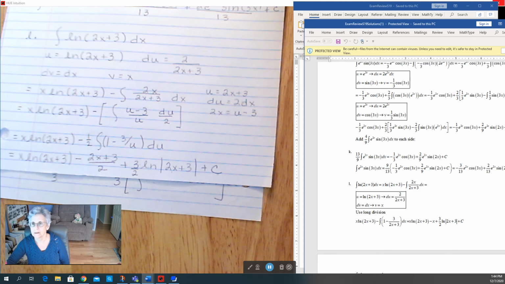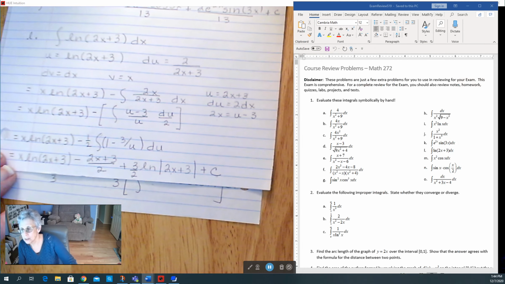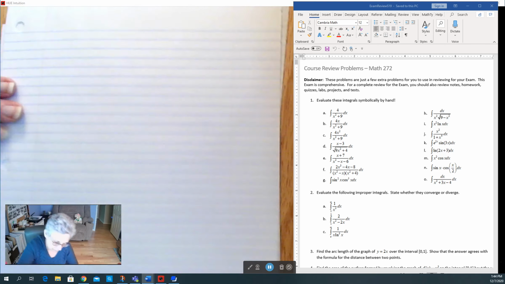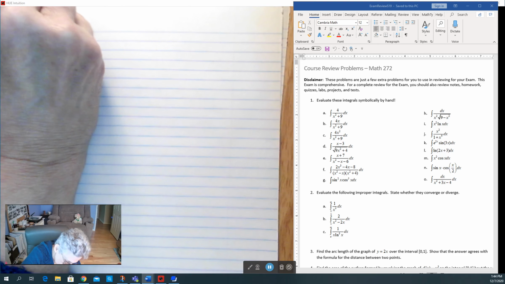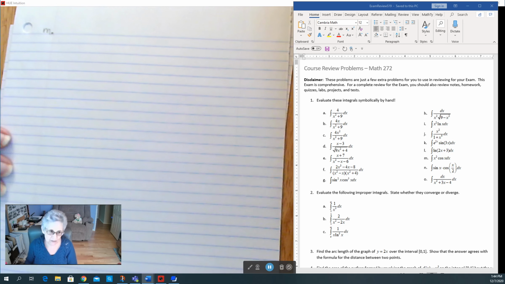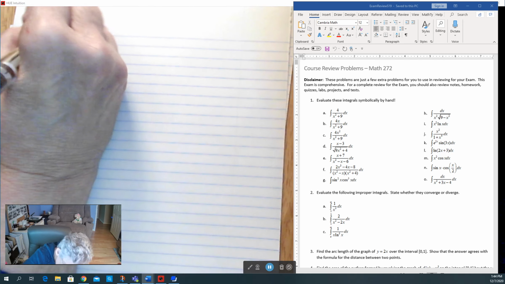Always fun when you can do it two ways. Okay, almost there. Let's look at M. M looks like one of those integration by parts that you can do with a table, because x squared is going to get more and more simple every time we take the derivative. So we have the integral of